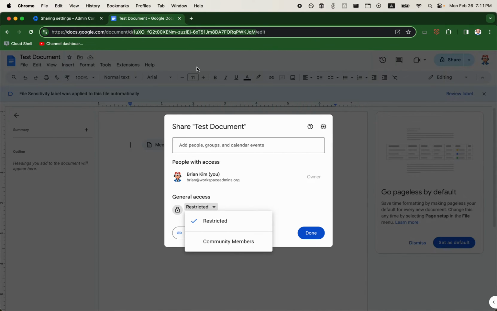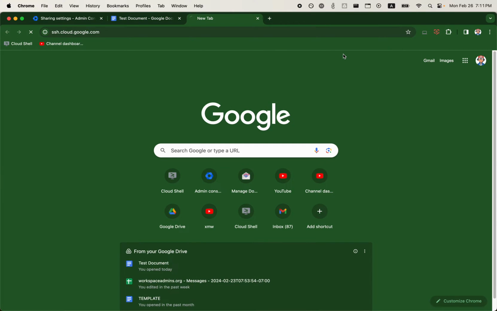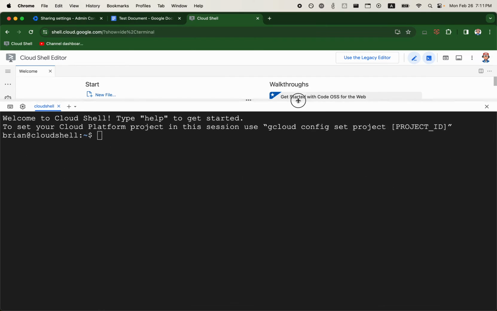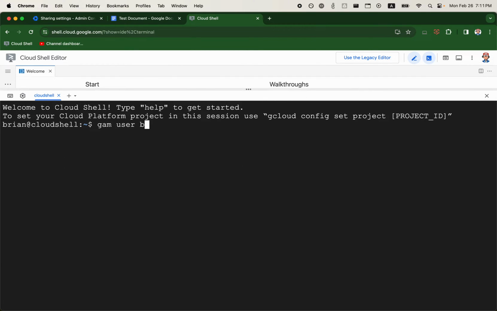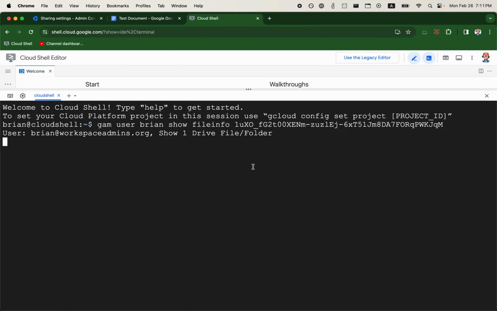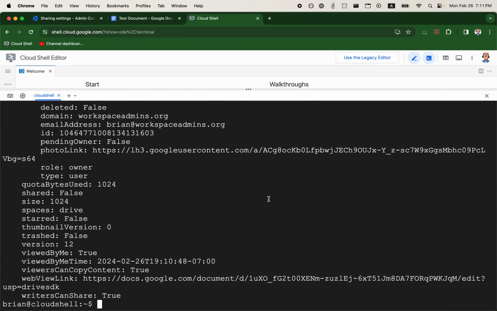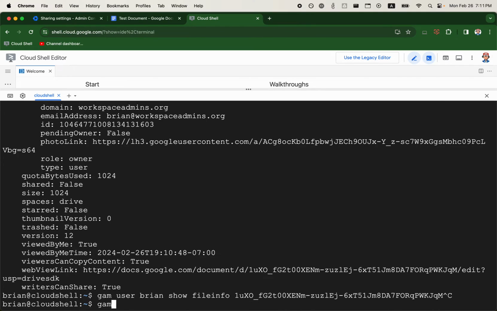So if I were to go to this test document here, I'll just open my Cloud Shell, which has GAM installed. So if I do gam user brian show fileinfo, this will show me some information about the file, and the file should have only one permission because I'm the only user. So I'll just create a permission to this file: gam user brian add drivefileacl, file ID, just the domain